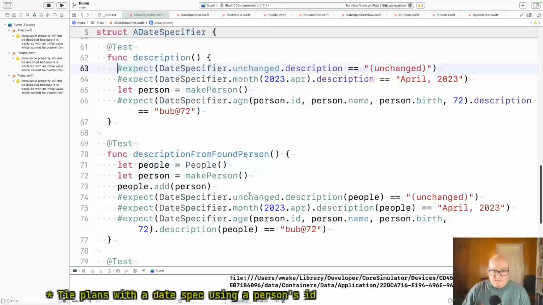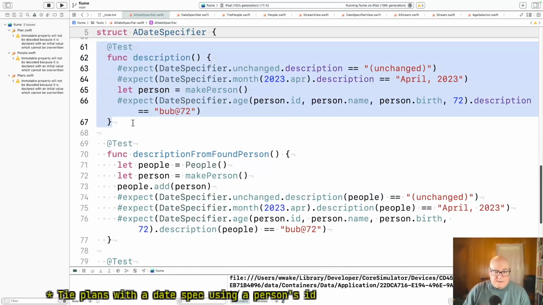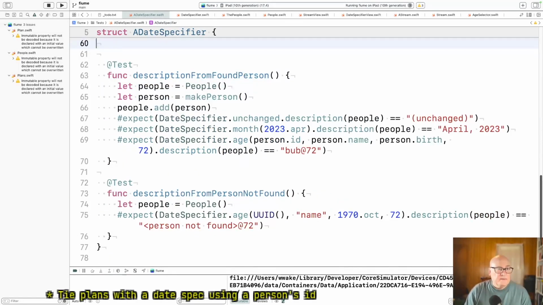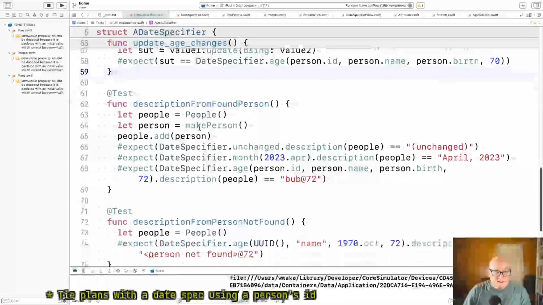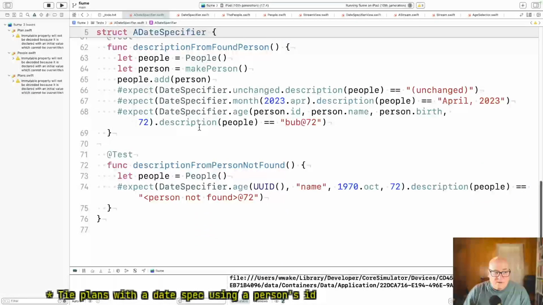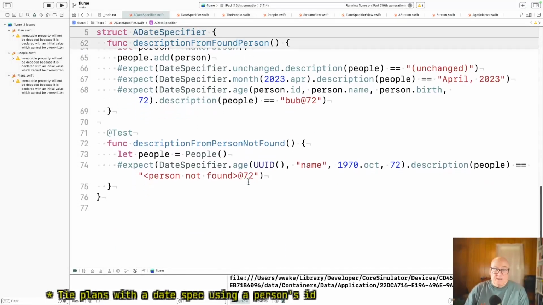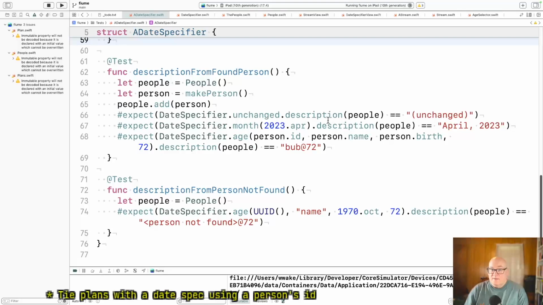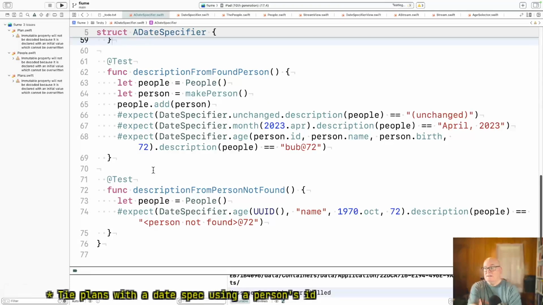But this test checks all these combinations as well. Okay, so now nobody references CustomStringConvertible, implicitly or explicitly, and they all pass in people. So let's make sure tests still pass.